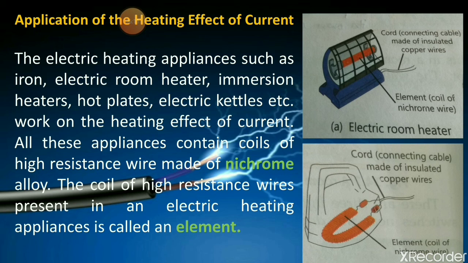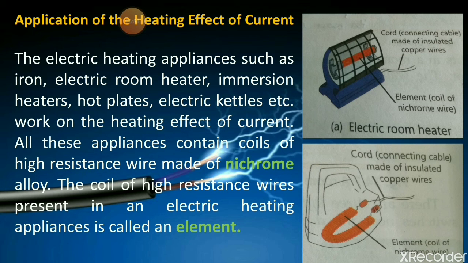Okay, so the amount of heat energy which is produced by any wire depends upon the material of the wire, meaning from which material the wire is made, the thickness of the wire, the length of the wire, and the strength of electric current, meaning the amount of electric current we are giving. Long and thick wires have high resistance. If wires are short and thin, they will have less resistance, but if the wires are long and thick, then they have high resistance.